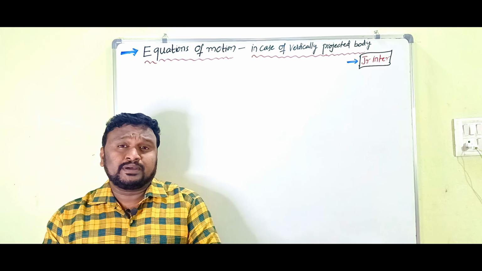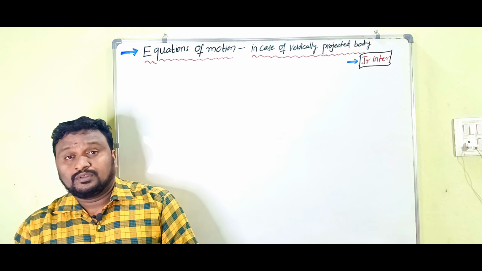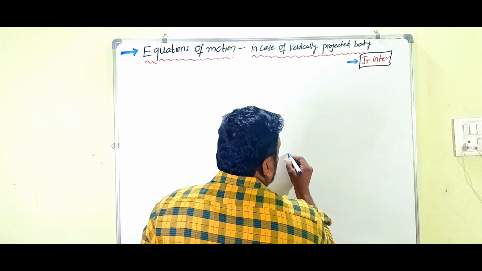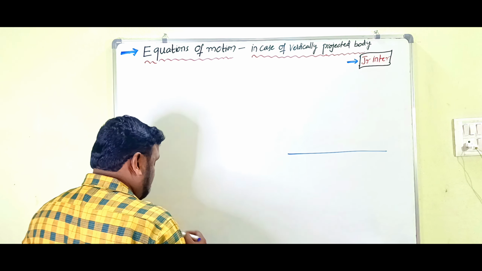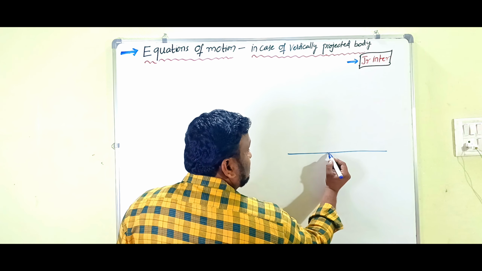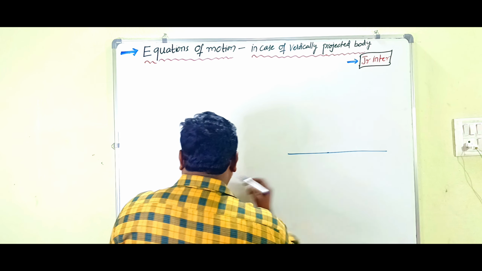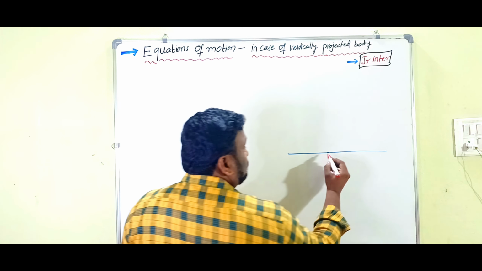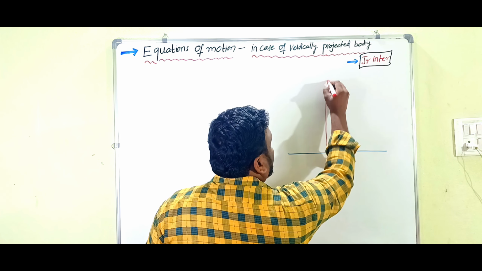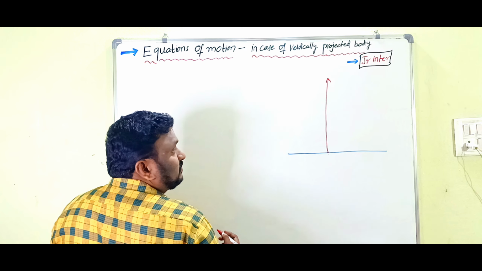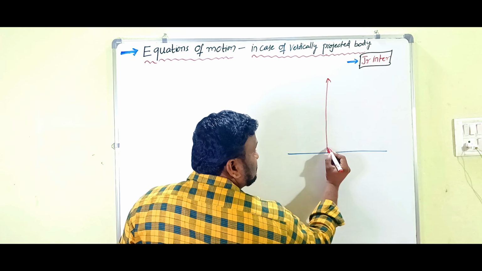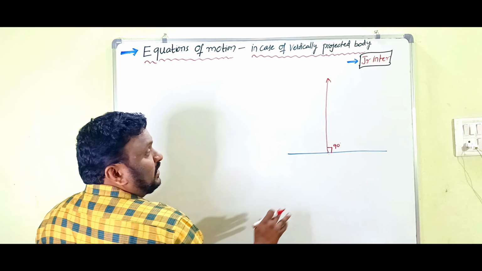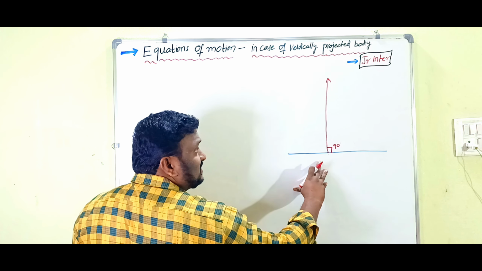Children, what is meant by a vertically projected body? For example, here we have taken this horizontal surface. Here at this point we are projecting one stone or anything into the air like this. So at this point we are projecting the body like this. Clear? Now how much angle is there? 90 degrees. Clear? If any body is projected into the air